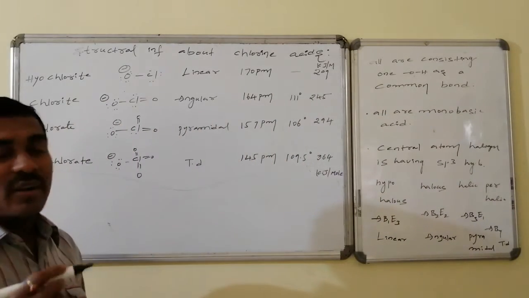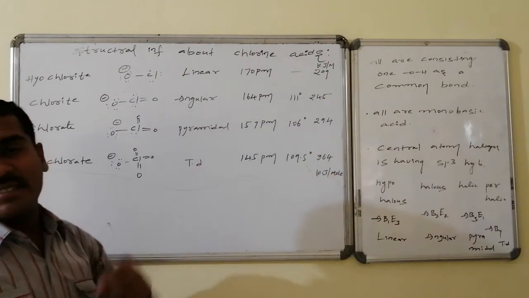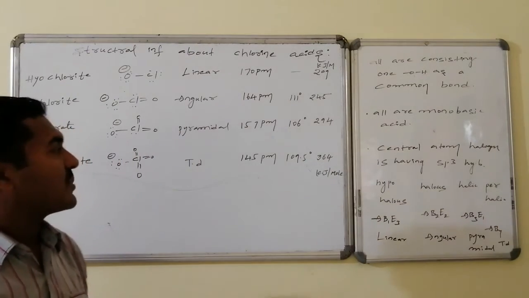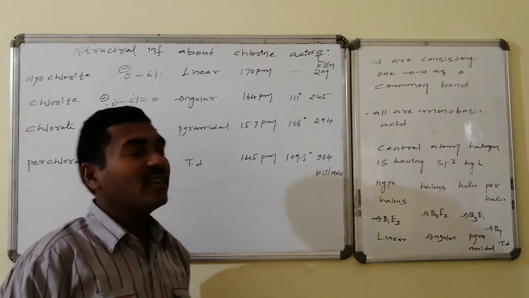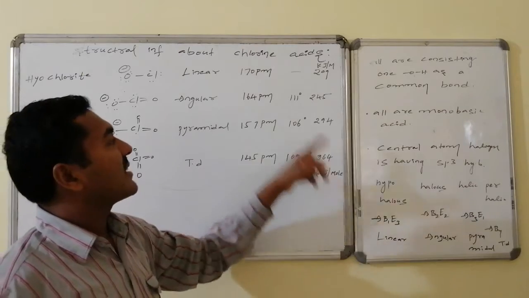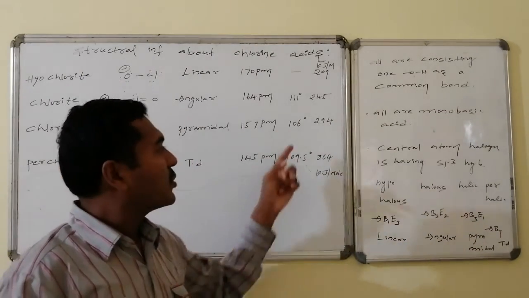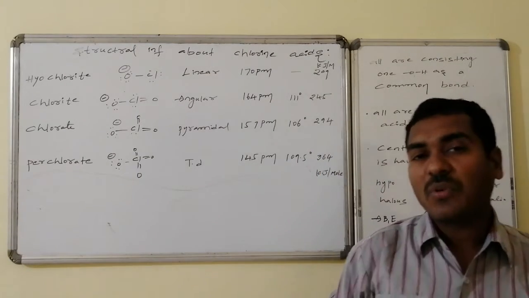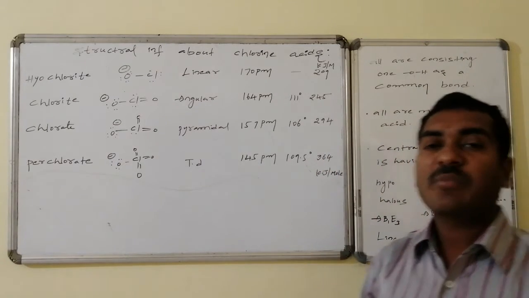Whereas the bond energies are found to be 209, and as bond length is decreasing, bond energy increases: 245, 294 and 364 kilojoules per mole respectively. And the bond angle: here single connectivity, there is no angle, whereas in this case two atoms are present, similar to an angular structure, it is 111 degrees, and it is pyramidal, nearer to ammonia, and it is found to be 106, and it is exact tetrahedral, that is 109.5 degrees, as found in the case of bond angles.